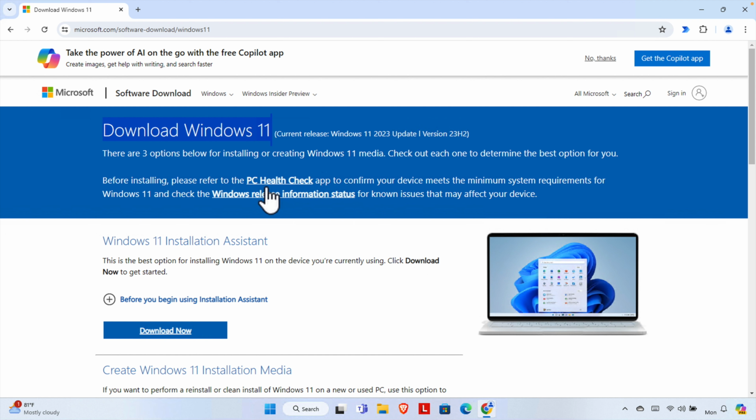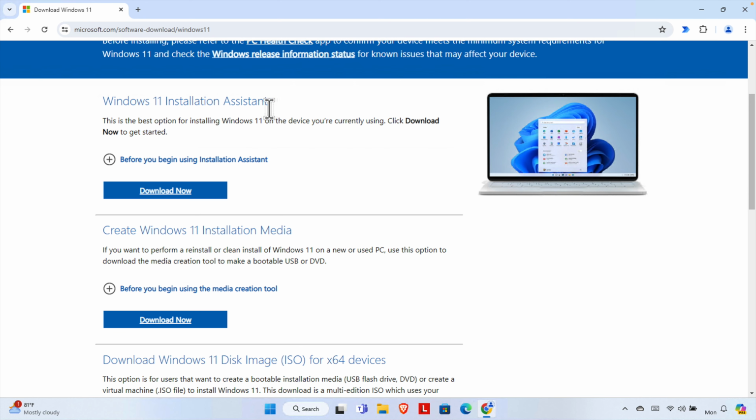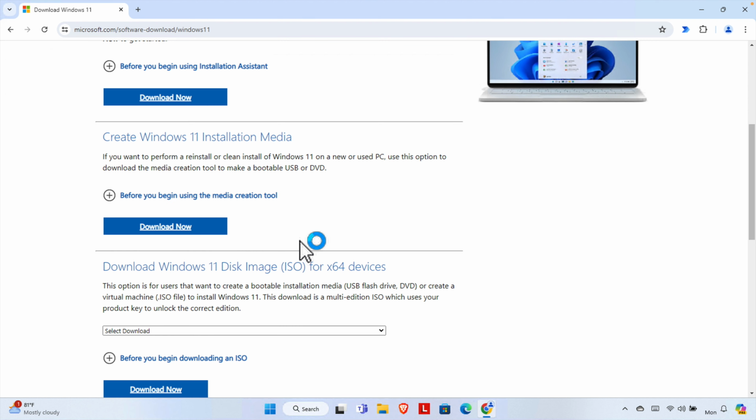Here, if you check carefully, you will see it is mentioning three options. That means there are three options below for installing or creating Windows 11 media. Okay, so there are three options. We will see them one by one: the Windows 11 installation assistant, the create Windows 11 installation media, and download